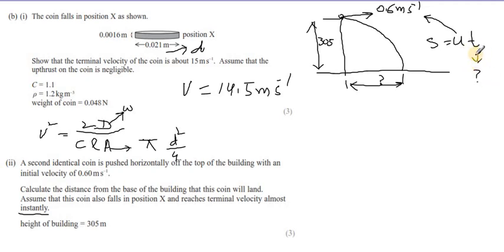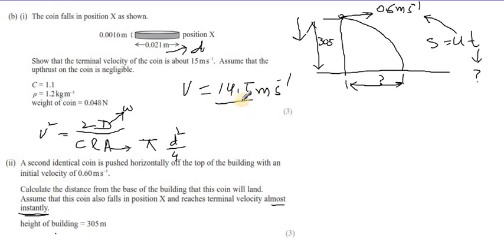And for the time, you are given this vertical height. But there is one important catch, if you can understand. They are saying the coin reaches terminal velocity almost instantly. That means the vertical velocity is also constant. It is not increasing, it remains constant. And you have calculated the vertical velocity, which is